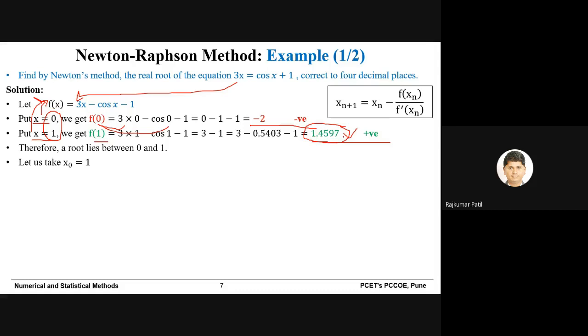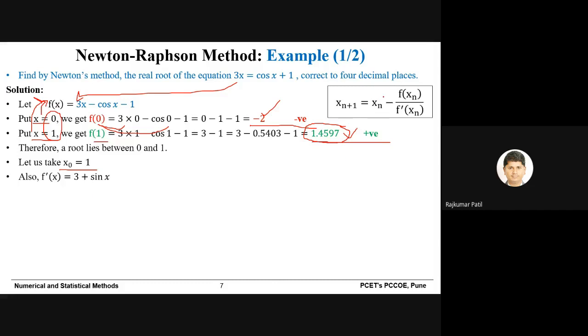Then somebody may ask a question: can we start with f of 0, that is x equal to 0? Yes, you can, there is no problem. But if you start with a value for which f of x is close to 0, then you will need to do fewer iterations, and that's why we will start with x naught equal to 1.